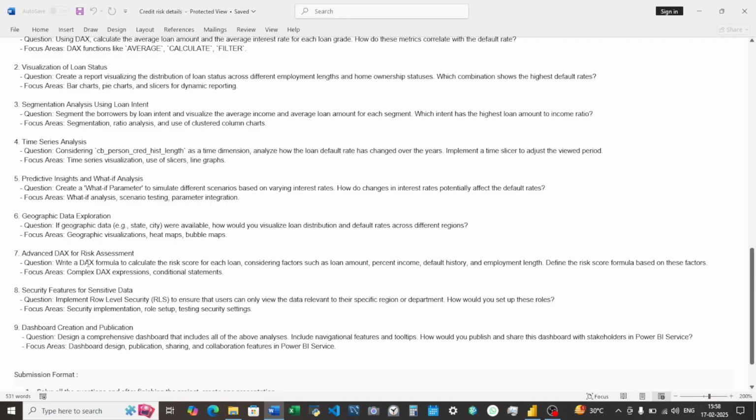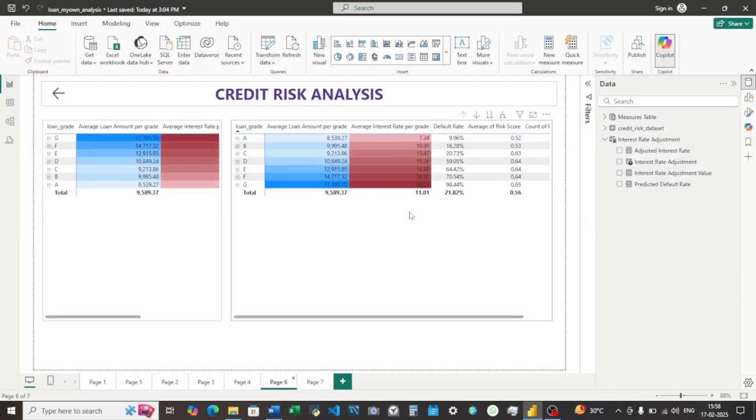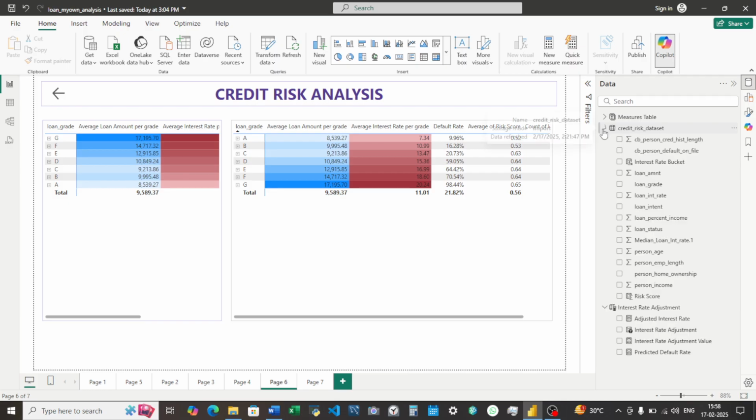And then advanced DAX for risk assessment. Write a DAX formula to calculate the risk score for each loan, considering factors such as loan amount, percent income, default history, employment length. Define the risk score formula based on these factors. Okay, let me take you to the